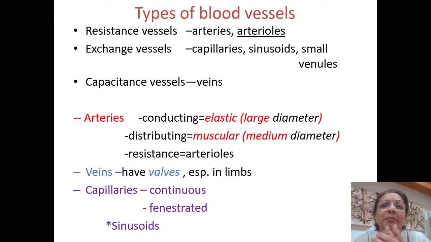It is just a flap of tissue. Actually quite brilliant, that just by providing an extra flap of tissue, the venous system manages to not have backflows of blood. So veins have valves, especially in the limbs, especially in the lower limbs, because in the erect posture, which is the natural waking posture of a human being, blood will, by simple physics, tend to pool by gravity